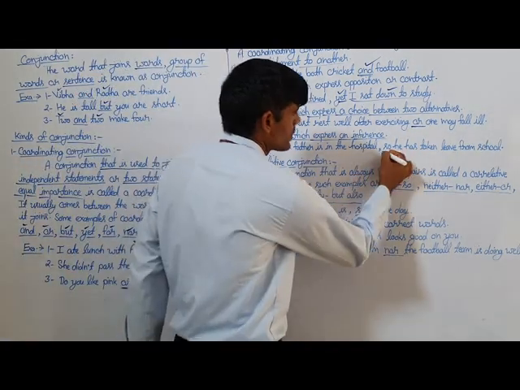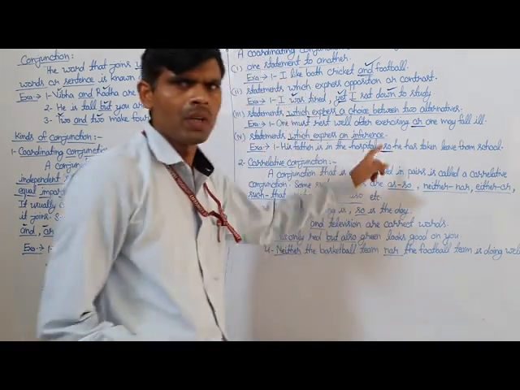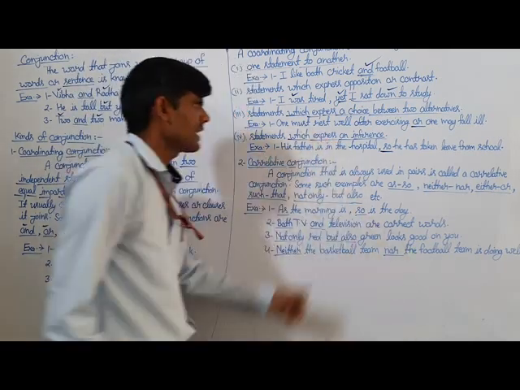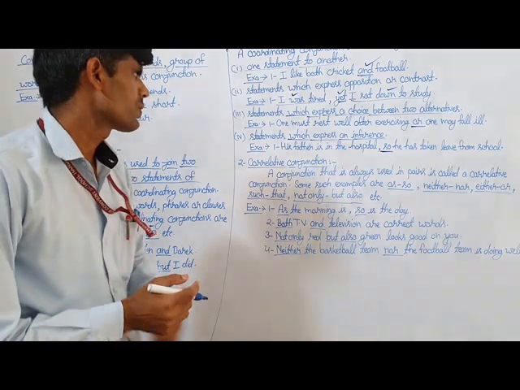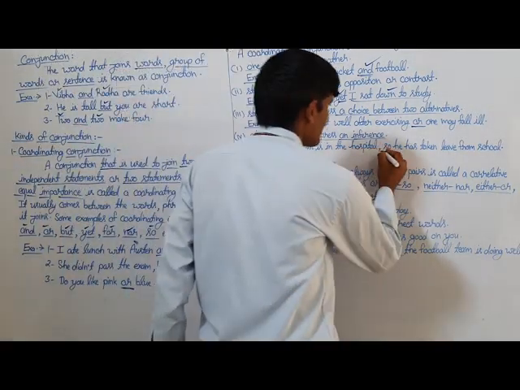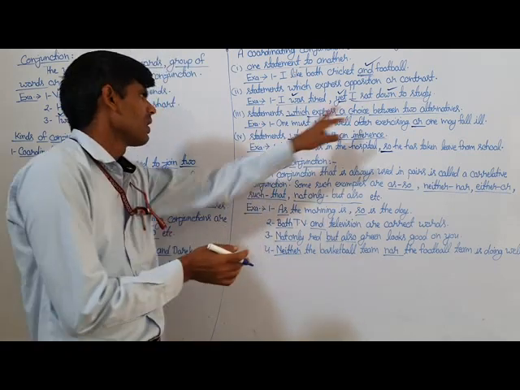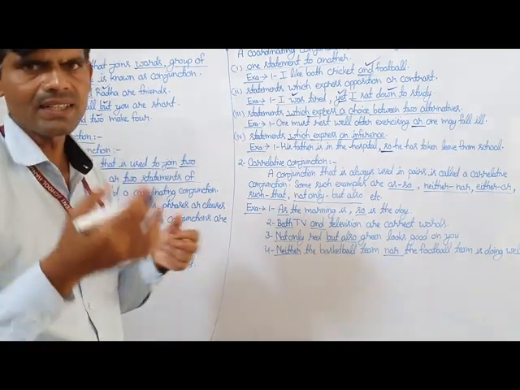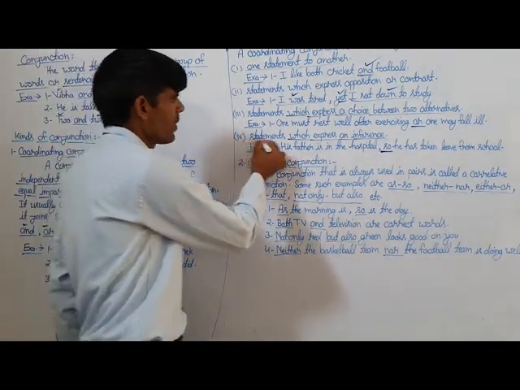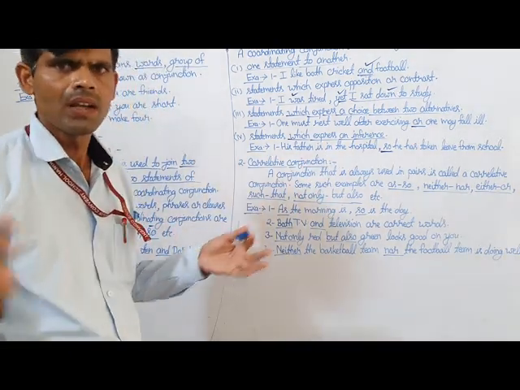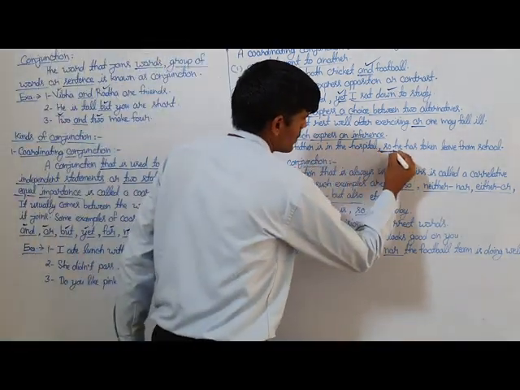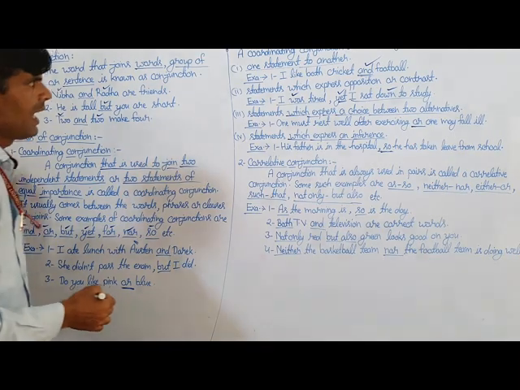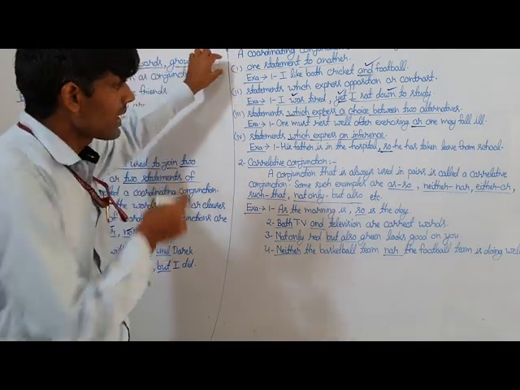Here the underlined word so, it's a coordinating conjunction, and it is used to show the sense of inference in the statement. So this is counted as a coordinating conjunction that expresses the guess or the inference in the sentence. So we can say that a coordinating conjunction is used to join two statements which express inference or guess. And here is the example, so. This is the first kind of conjunction, coordinating conjunction, and some uses or functions of coordinating conjunction.